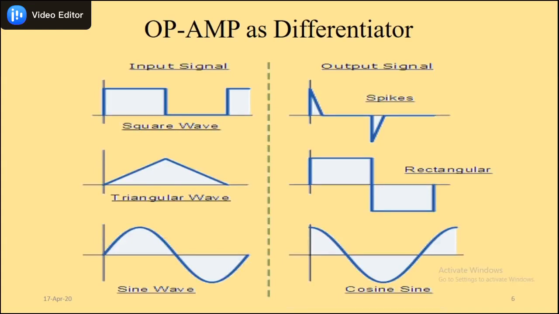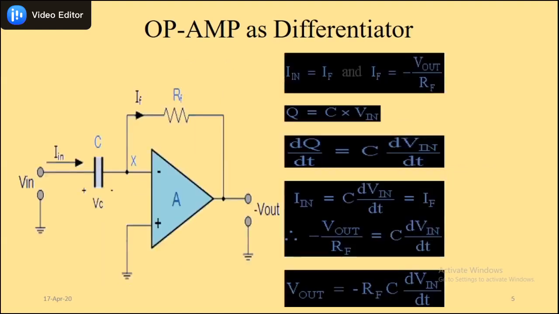So here again, if you put V in as an input signal of square wave, you will get this spike. If you put the input signal as triangular, you will get a rectangular wave. If you differentiate a sine wave, you will get the cosine. But here one thing you have to observe, let's look back to the V out. You will always see a change in the phase of the output, because all these applications of op-amp we are seeing through inverting op-amp. So you will see an inverted output, which means 180-degree phase shift.